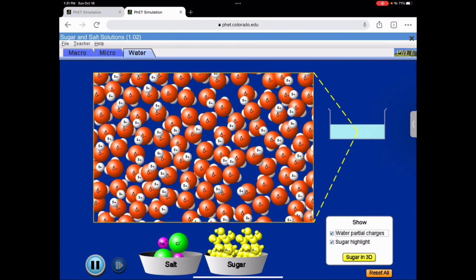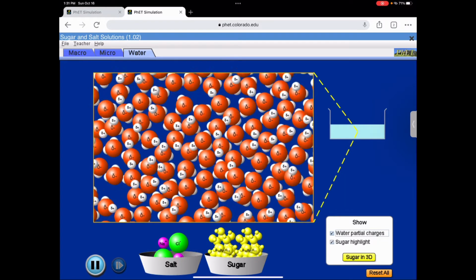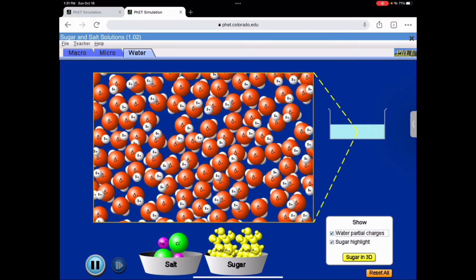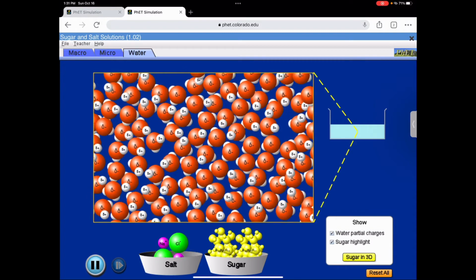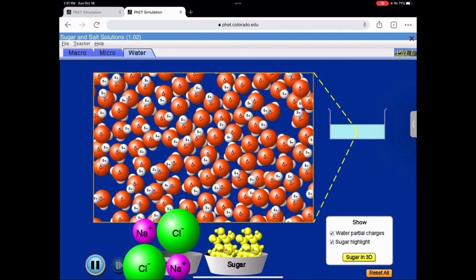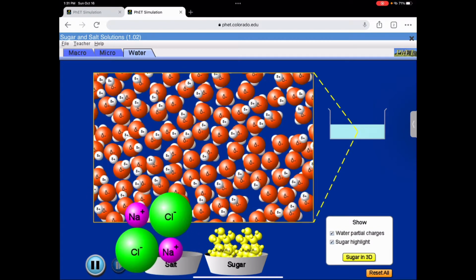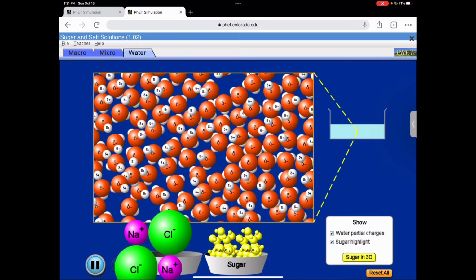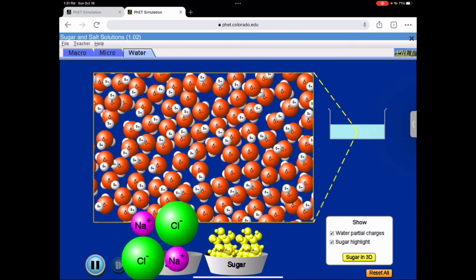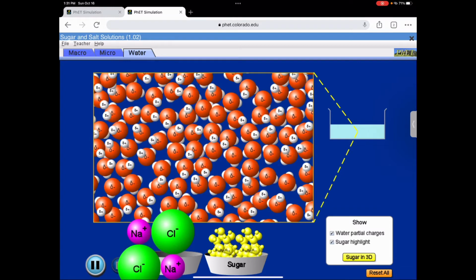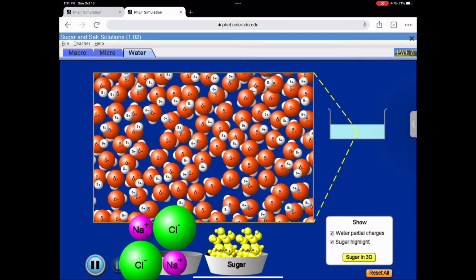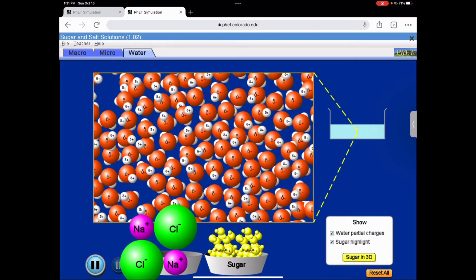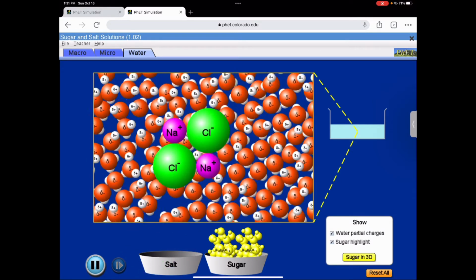So on the left-hand side is salt, NaCl, like table salt. And you probably already know it comes in a cube-like shape. This diagram doesn't really represent the cube shape, but it comes stuck together. NaCl is one unit, but it usually comes as a big cube shape. But I'm going to stick this in the water, and what's going to happen is that the chlorine is going to get attracted to those positive hydrogens, and then the sodium, which is positive, is going to get attracted to the negative side. So when we put it in,